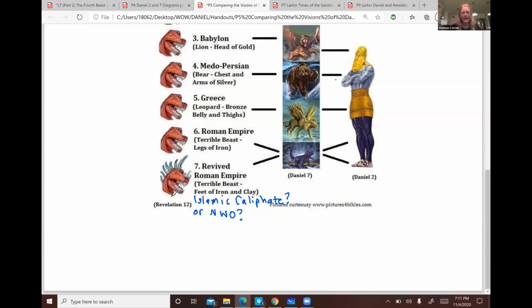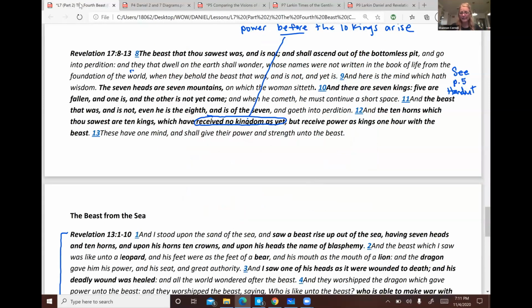Another way of looking at that is considering the horns. Remember the little horn who represents the Antichrist? If we're looking at an individual application of the beast of Revelation 17, the little horn uproots 3. If you take 3 from 10, you've got 7 left. And then there is the little horn, which is the 8th, but he is of the 7. So there's a couple of different ways that you can look at that. And I don't fixate on either one. I'm still learning, right? Are we looking at a collective application here or an individual application? But those are just possible ways to think about that riddle.